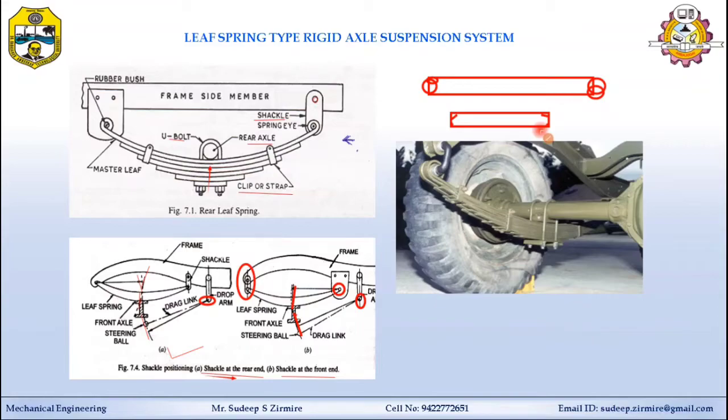Then the second point related to this spring: when the spring deflects, the upper side of each spring slides over and rubs against the bottom side. When it deflects, the bottom spring rubs over the upper side. This spring rubs over this spring. So the bottom side of each spring gets the rubbing action. So in the leaf spring, it produces damping and reduces vibration, and it also creates a squeaking noise when it rubs over the upper blade.